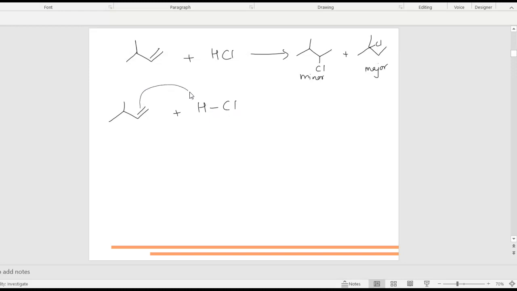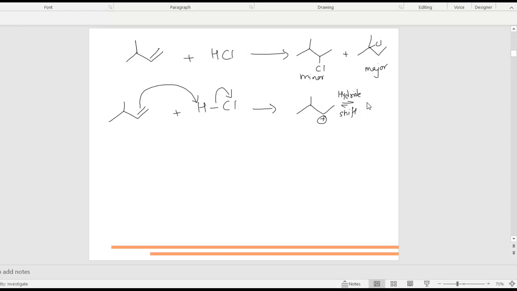So same mechanism where the nucleophile attacks the electrophile, chloride is kicked out, and you get this carbocation, correct? The hydrogen is attached to this carbon atom. However, now this carbocation can actually undergo rearrangement. Why? Because there is a more stable position here. So one of the hydrogen atoms here can shift over here. So we call this a hydride shift